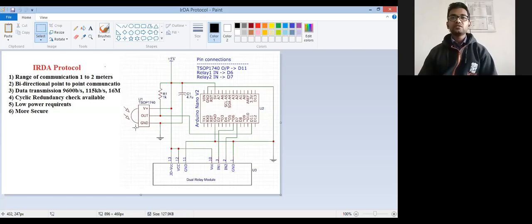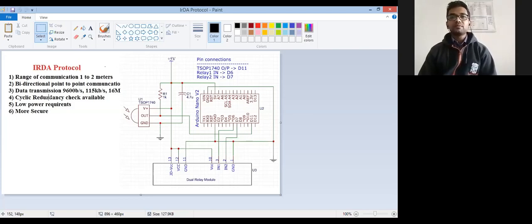Generally, LEDs are used to transmit and receive the visible light spectrum, but there are some special LEDs which are used to transmit and receive infrared light. In the IrDA protocol, the range of communication is around 1 to 2 meters. This range is very small compared to recent trends in wireless technology, but let us see all the features. The range of communication is very small, up to 1 to 2 meters. In some cases, it stands at about 1 centimeter to 2 centimeters only.